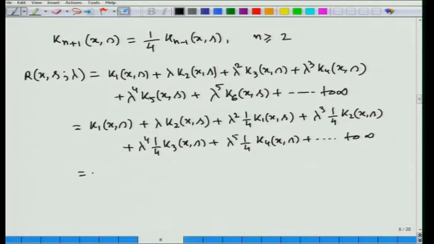Then using the result in the last two terms, that is k3(x, s) is equal to 1 by 4 k1(x, s) and k4(x, s) equal to 1 by 4 k2(x, s),